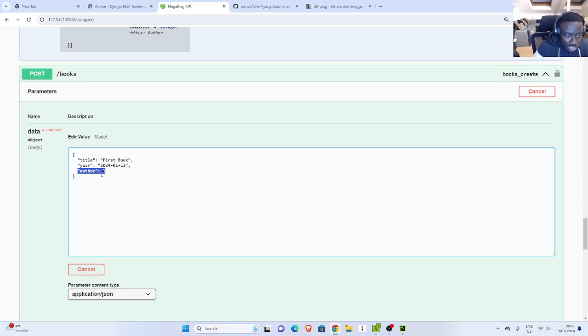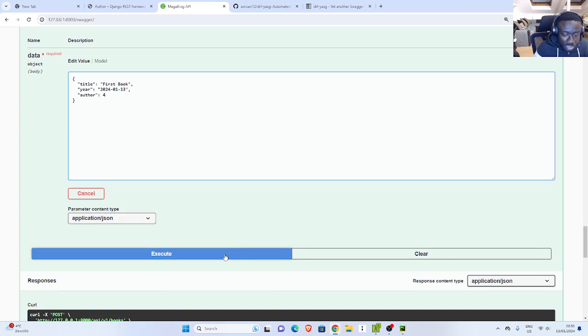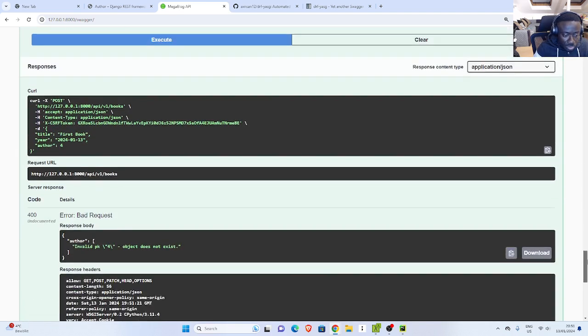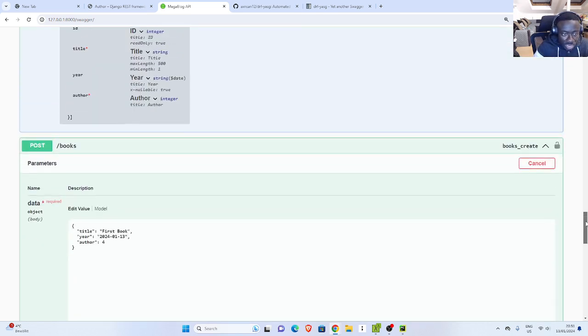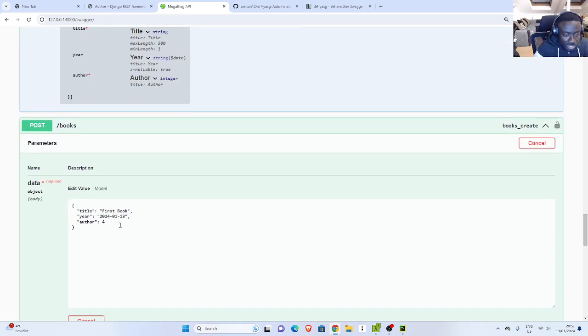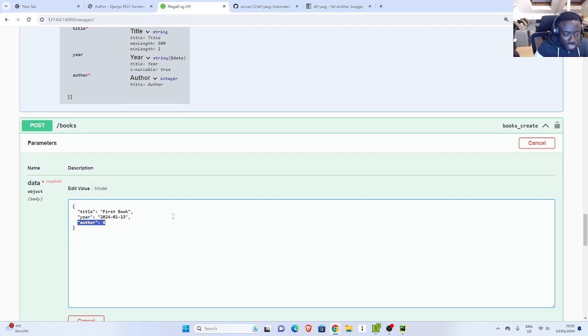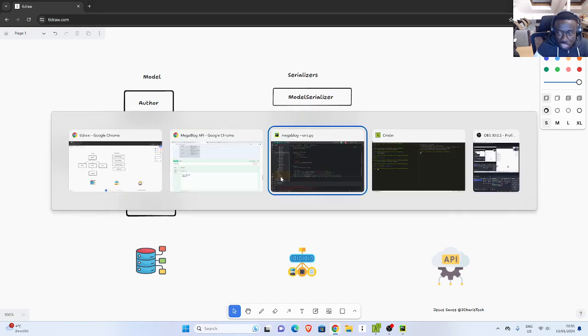Perfect. And because you are using ID, if I come back and I just go with 3 or let's say 4, something that is not there, if I click on this, it's going to give us an error, right? Invalid PK, object does not exist, because under the hood it is validating and checking if this particular ID that you supplied is actually in the author instance, right? Perfect. That is the first one. So it gives you the validation and everything in case you do it in this way,